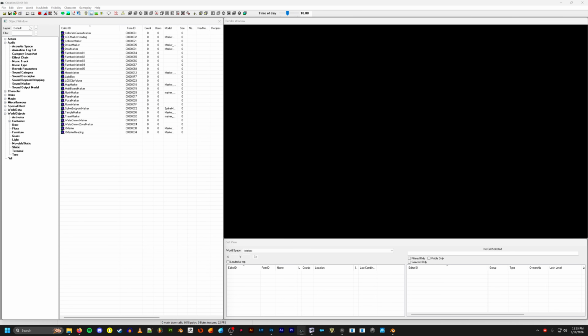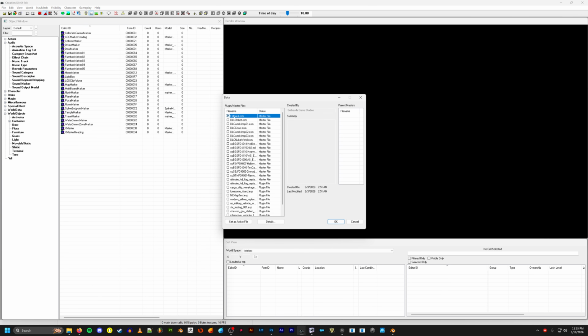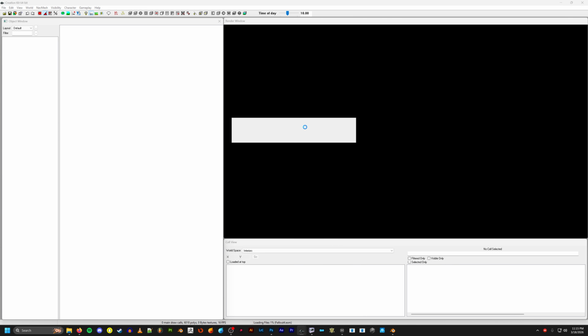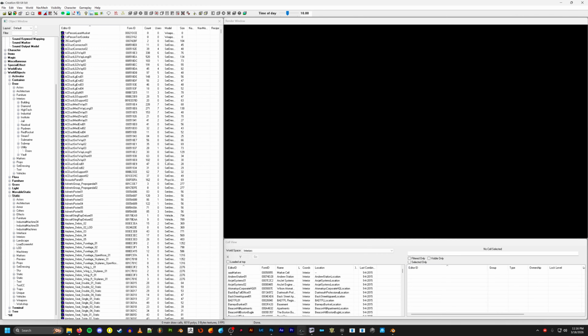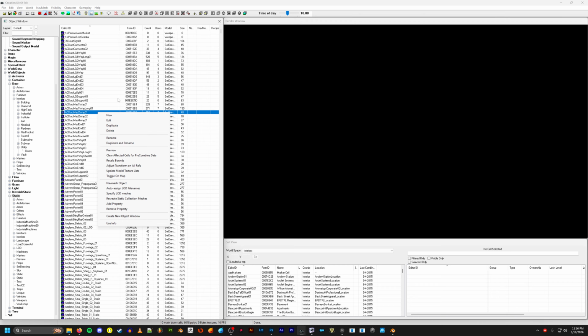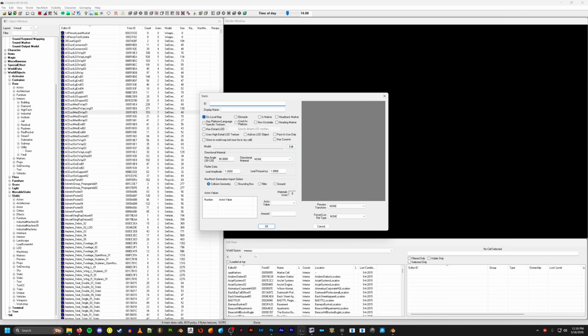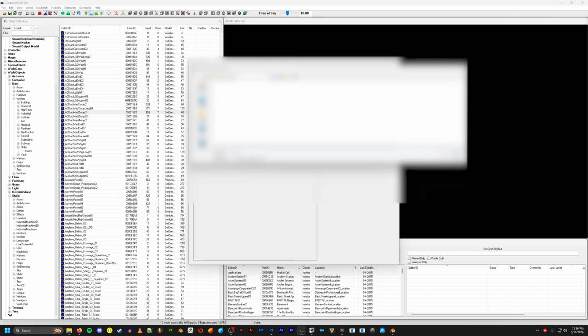Once the Creation Kit is loaded, go up to File, Data, load your Fallout 4 ESM file, press OK, and wait for it to load. Holy crap, this takes so long. There we go. Go to Static, right click on one of these objects, click New, go to where it says Model, click Edit, edit again, navigate to the folder where you have your mesh, go to Elric converted, and select the